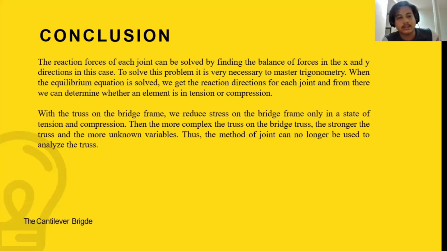And with the truss on the bridge frame, we reduce stress on the bridge frame to only a state of tension and compression. Then the more complex the truss on the bridge, the stronger the truss and the more unknown variables. Thus, the method of joints can no longer be used to analyze the truss. For this bridge,